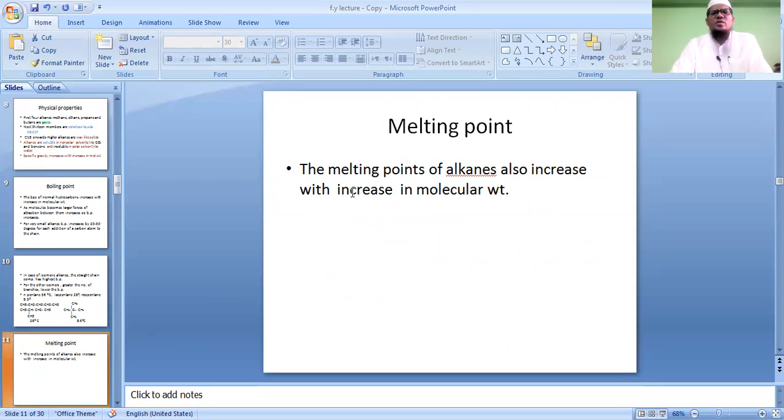Now melting point, melting points also increases with increase in the molecular weight। जैसे जैसे molecular weight बढ़ता चला जाएगा उसके साथ में इसके अंदर में इंक्रीज होती चली जाएगी।